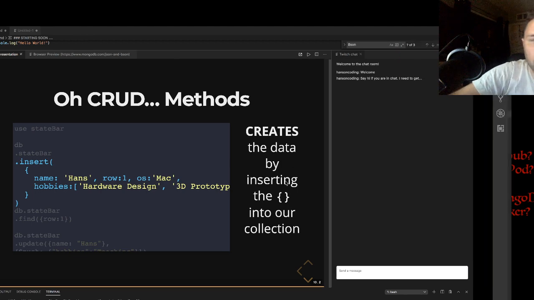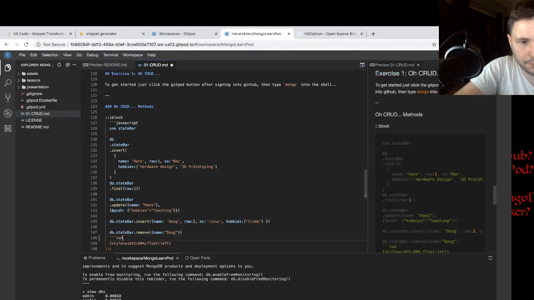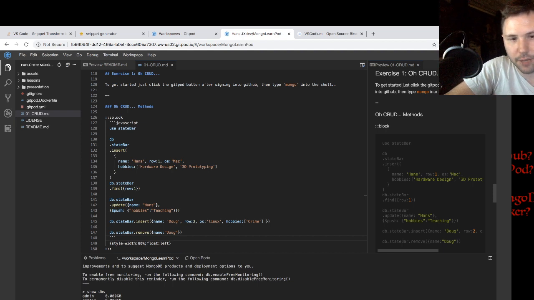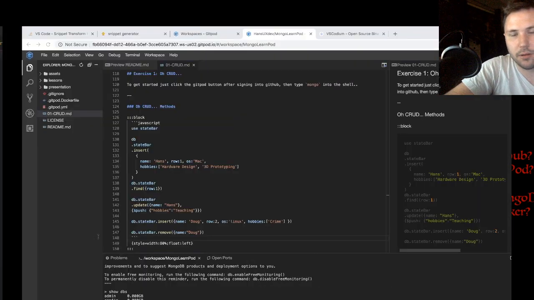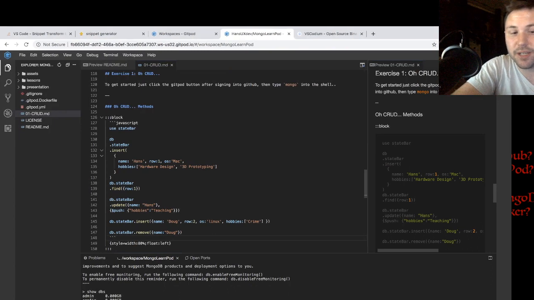So, let's go off with a name. Colon, and then two commas, and then in between them, the first time you're going to do my name, just Hans, to keep it simple, comma after, then we're going to do row with a number, then we're going to do OS, which is a string